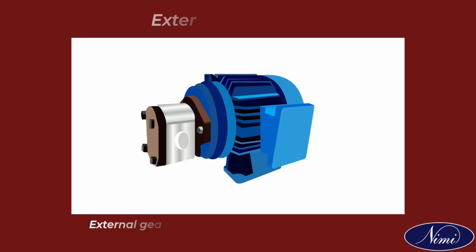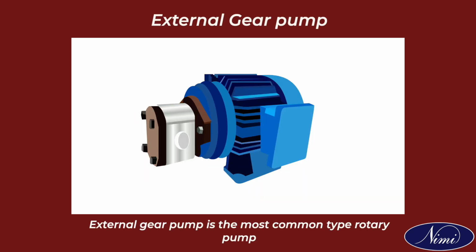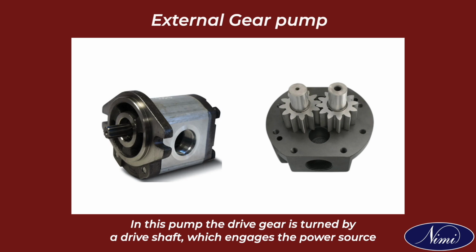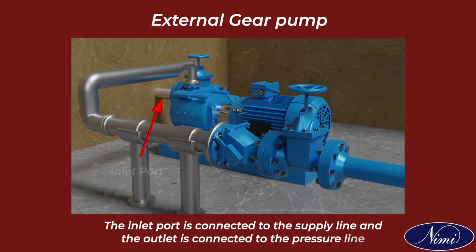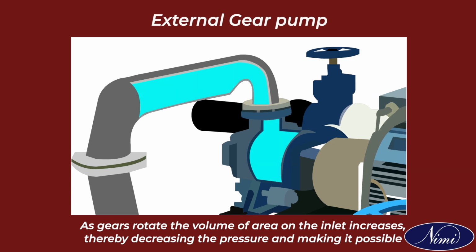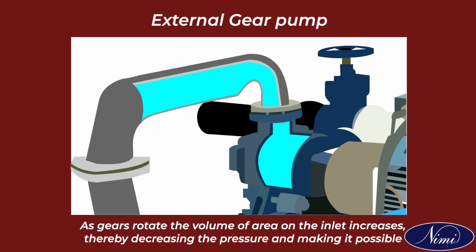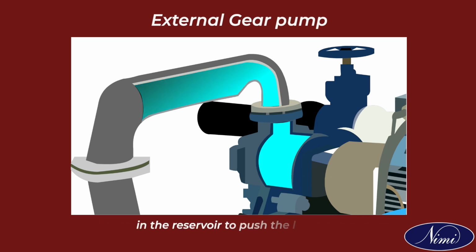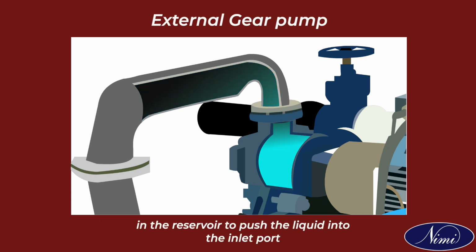External gear pump. The external gear pump is the most common type of rotary pump. In this pump, the drive gear is turned by a drive shaft which engages the power source. The inlet port is connected to the supply line and the outlet is connected to the pressure line. As gears rotate, the volume of area on the inlet increases, thereby decreasing the pressure and making it possible for the atmospheric pressure exerted on the surface of the liquid in the reservoir to push the liquid into the inlet